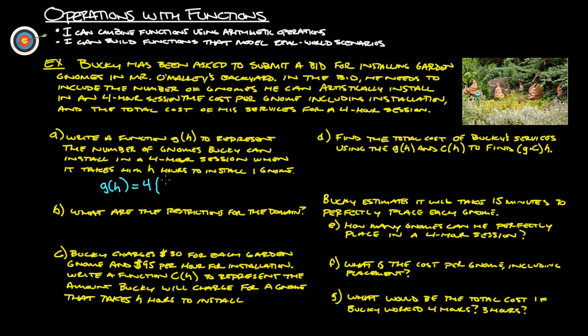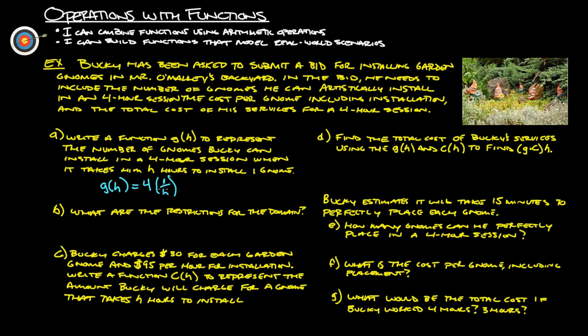So what we always do is put 1 over h. Let's say it took him 2 hours to install one gnome, that's 4 times 1 over 2. 4 times a half is 2. So if it's going to take him 2 hours to install each gnome, and he's got 4 hours total, that's going to give us 2. So